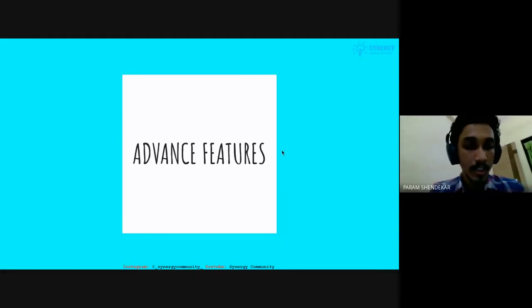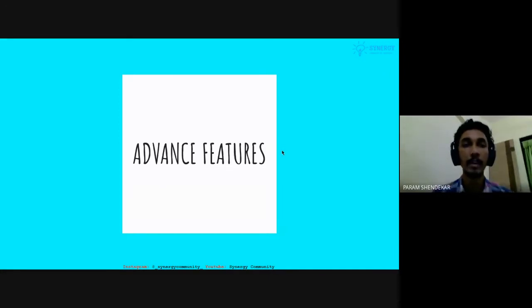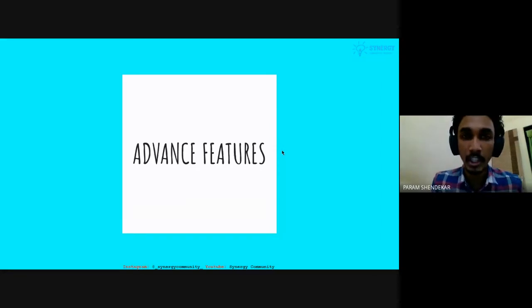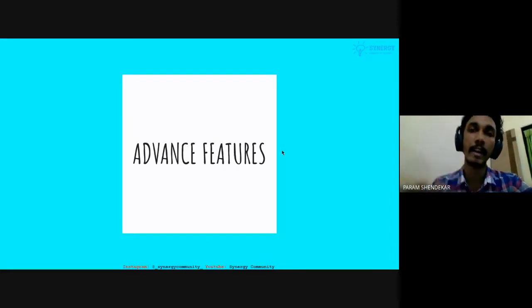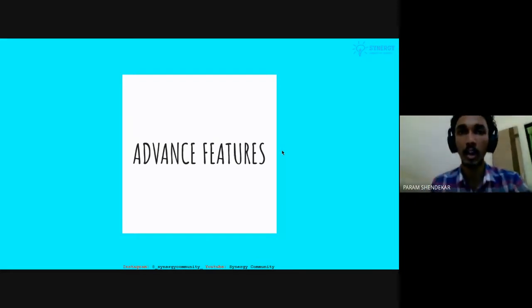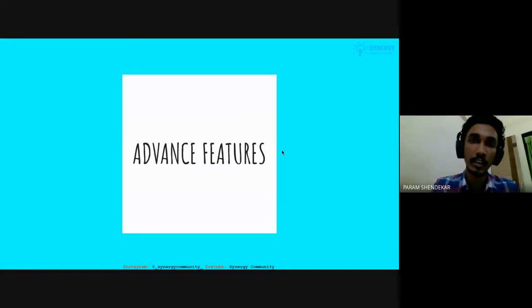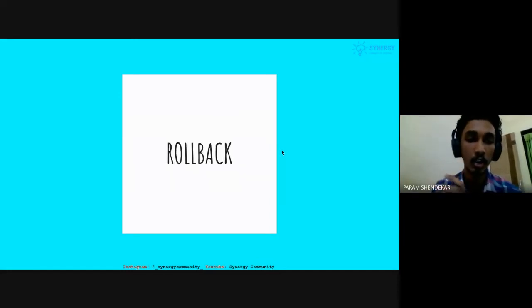The advanced features section will talk about rollbacks and branching and merging. So now, what are rollbacks? For example, if you are contributing to the source code of a project, and you have overachieved, like you have added extra features and your client tells you later on that you don't need them, or if you are making a project for college and you understand later that something is not needed, and you just programmed it, and you realize that this was not needed, so that is overachievement of your source code.